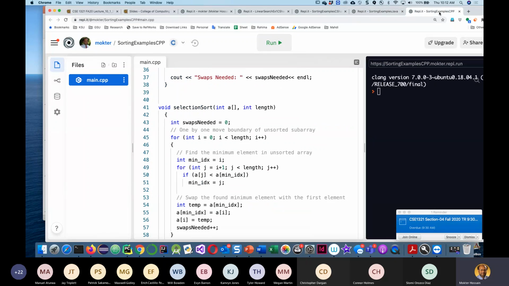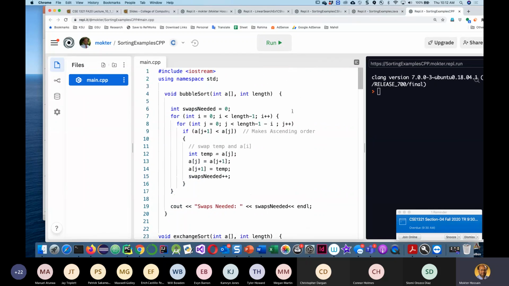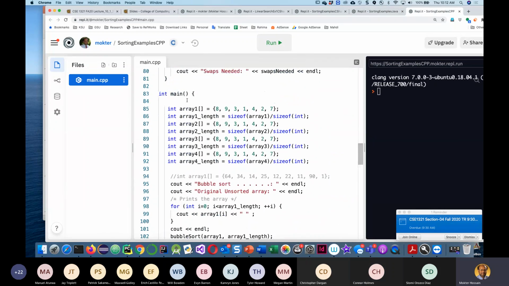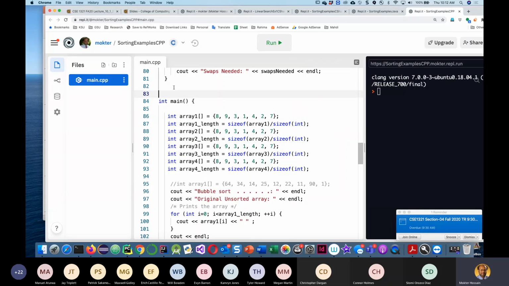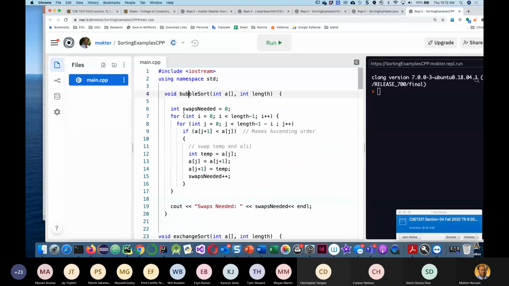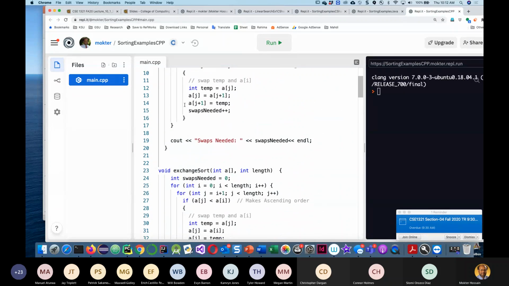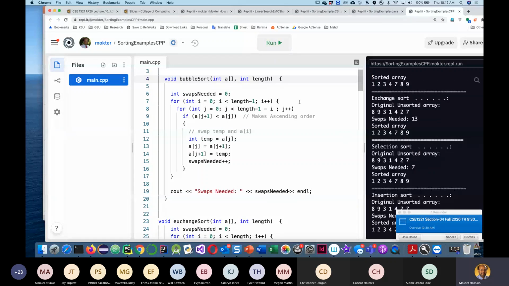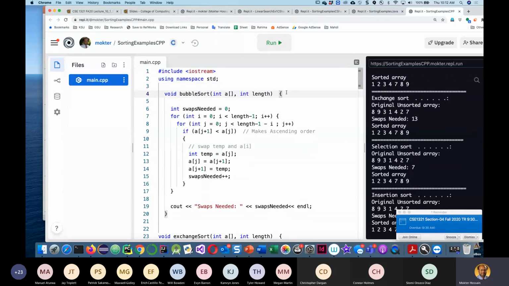But in C++, it is not the rule. C++ is not object-oriented programming. It is the procedural part of C programming. Before we use a method, it must be declared. So for instance, this program will work well in C++, but if we put this bubble sort, which starts from here,